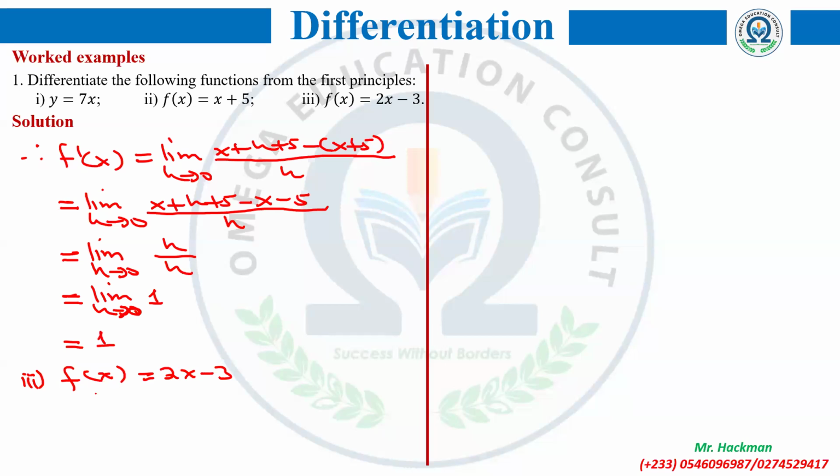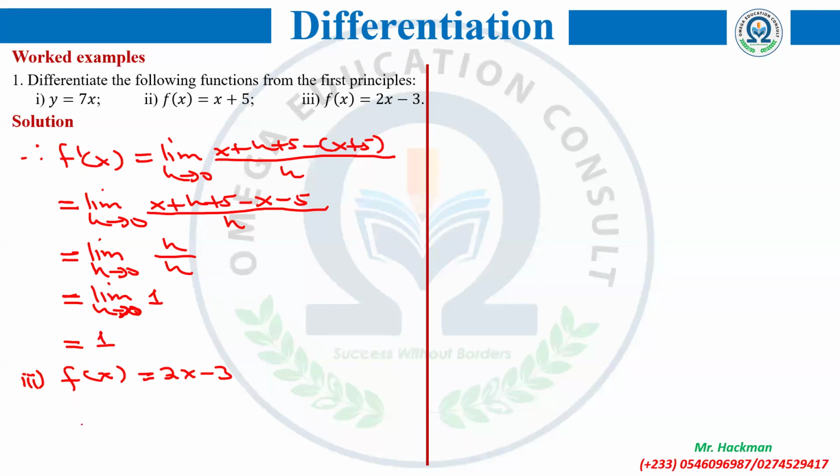As you mature, for me, I am matured, and because I know that the formula will involve f of x plus h, I can come and find f of x plus h before going to quote the formula. It doesn't really matter how you arrange, but my advice is quote the formula and let the formula guide you. When you are mature, you can vary your presentation. So in this case, instead of writing from the first principle, I'll write,